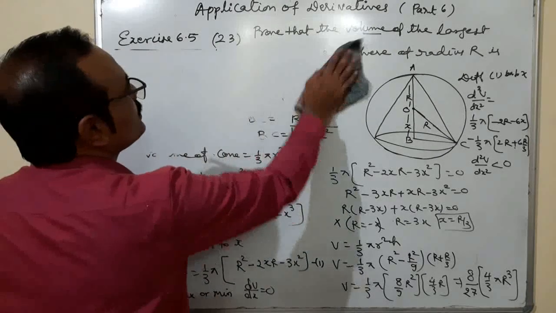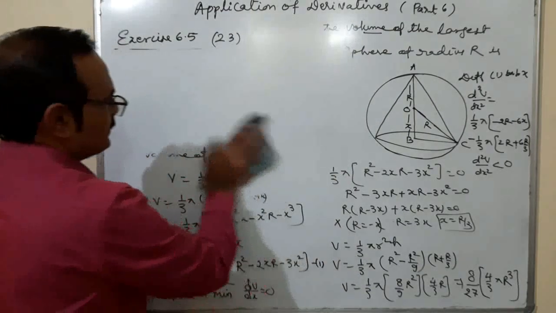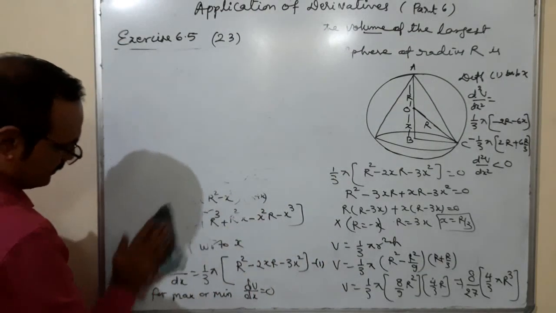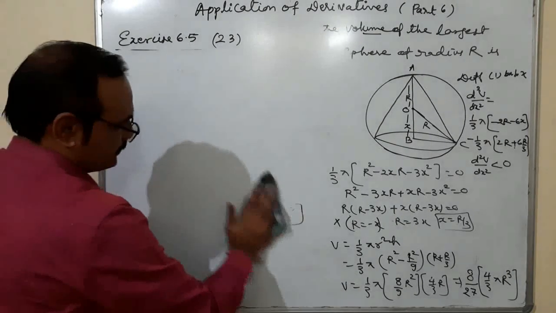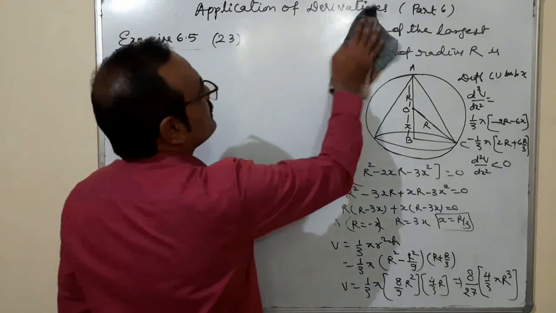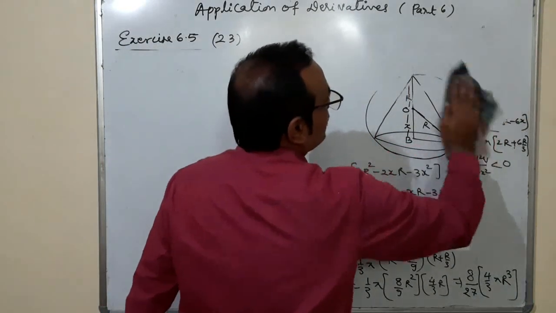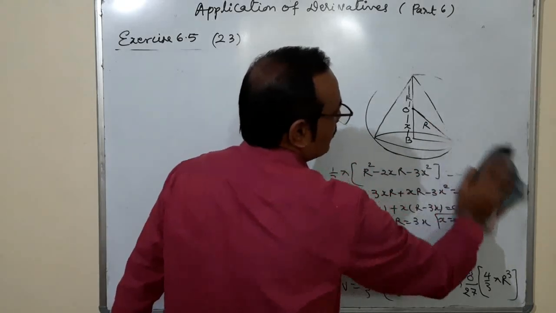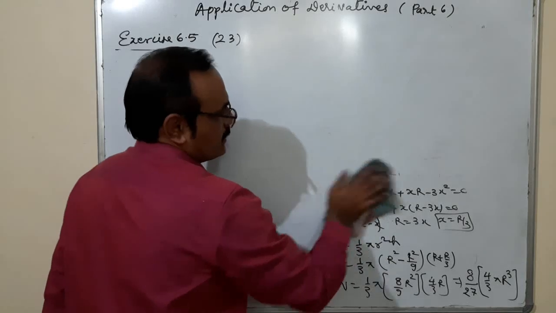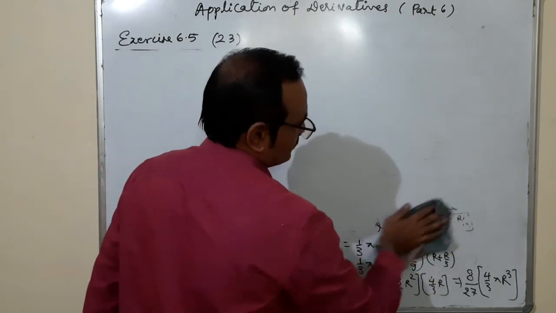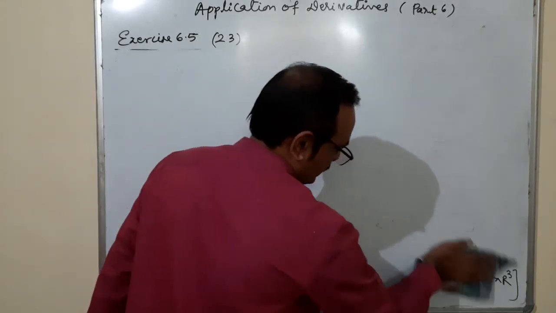One more interesting question I am taking from this exercise, in which one vertical angle is there, so that you can solve each and every type of question. Because in these questions, feeling and visualization, two things are very important. First, you understand the meaning of this question. You try to read it 2 times, 3 times, 4 times until you understand the question properly. Only then you start solving it.